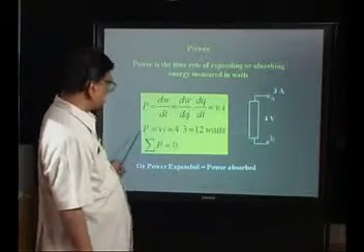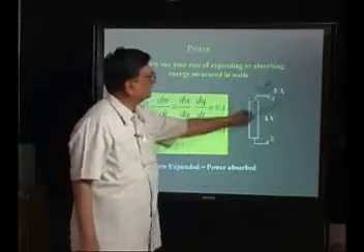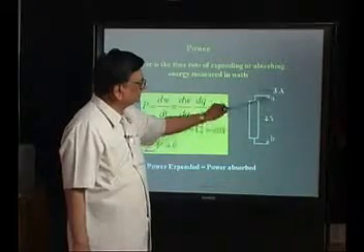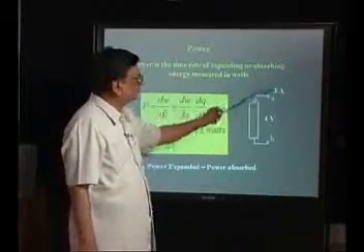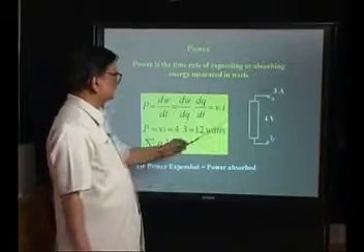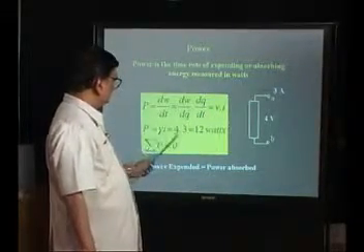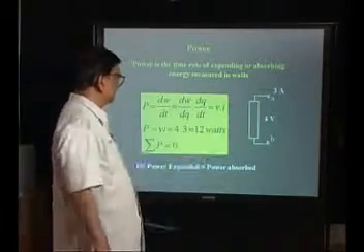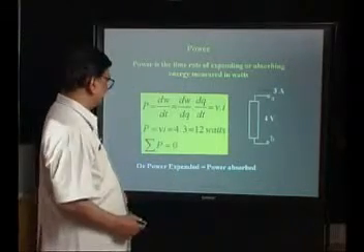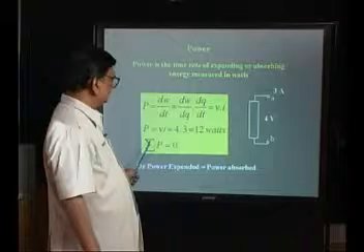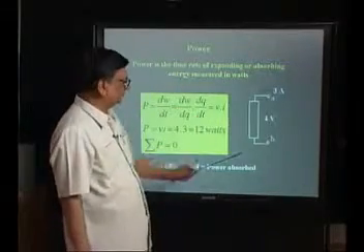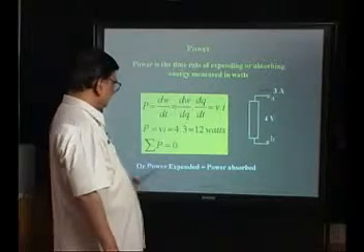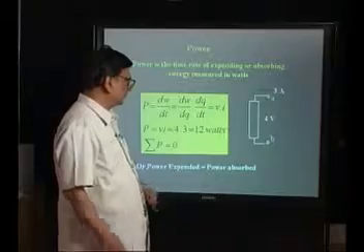In a particular situation, let us say in this example, the voltage is 4 volts between A and B. The current flowing through this element is 3 amperes. So, voltage is 4 volts, current is 3 amperes, we get 12 watts as the power that is dissipated in this particular element. In a whole circuit, the total power, if you measure, will be equal to 0. What it means is, the power expended will be equal to the power absorbed.